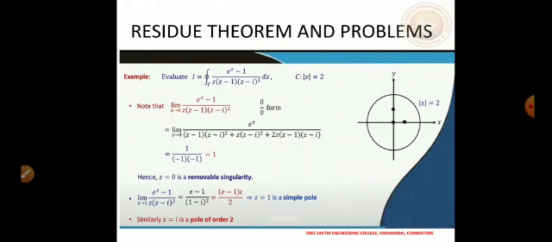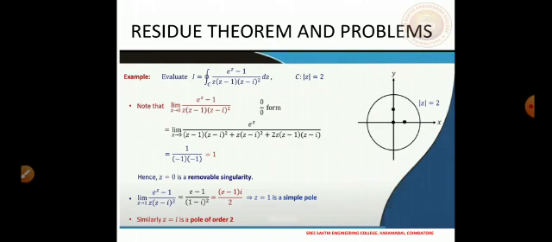By doing so, now we can put in the limit, and we observe that it is 1 over minus 1 into minus 1, that is 1. So the limit here is 1. So the direct limit, as z approaches 0, has the value 1 here. That means z equal to 0 is a removable singularity.